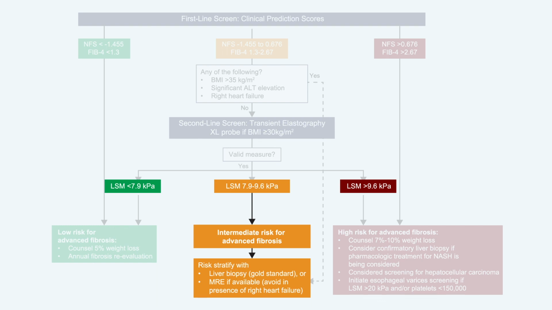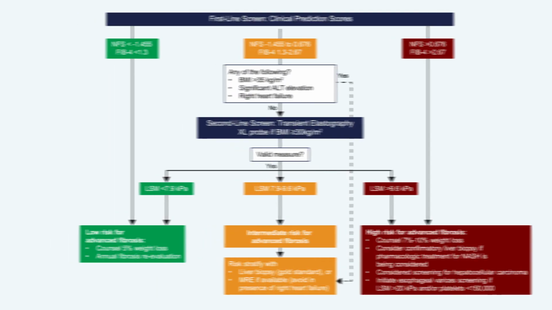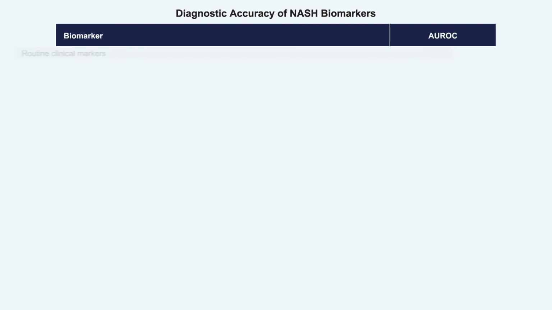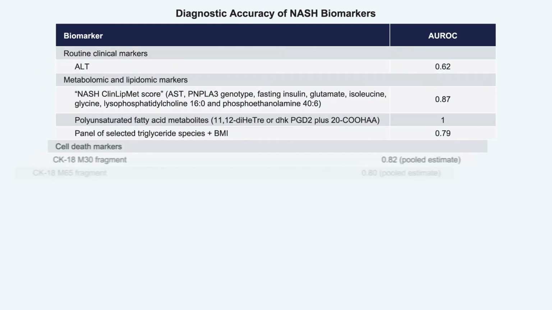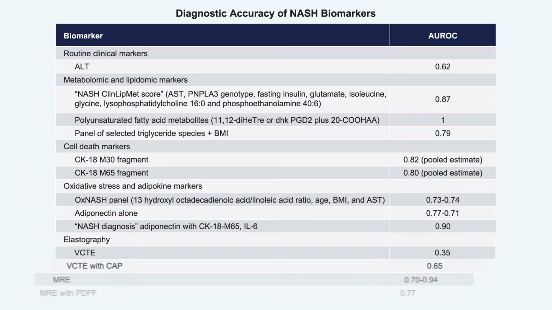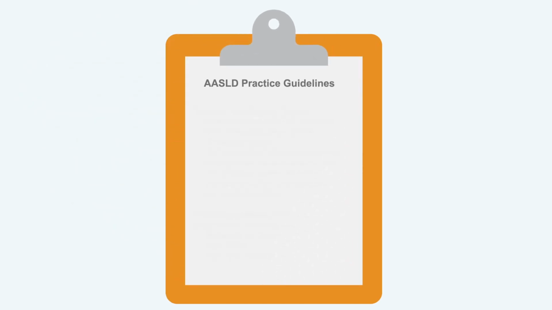even among those individuals. We currently do not have an accurate biomarker for diagnosis of steatohepatitis and for differentiating steatohepatitis from NAFL. Various new tests have been proposed. They're predominantly lipidomic-based modalities where you might find a higher likelihood of detecting NASH, but those require validation in larger cohorts currently. Based upon the AASLD practice guidance, we still use clinical factors such as presence of NAFLD